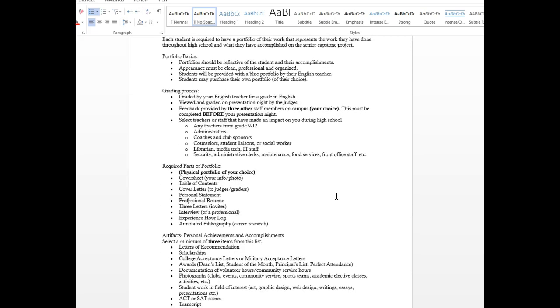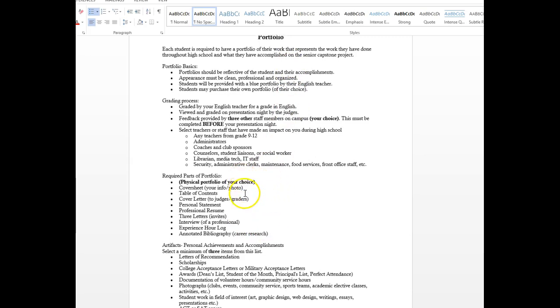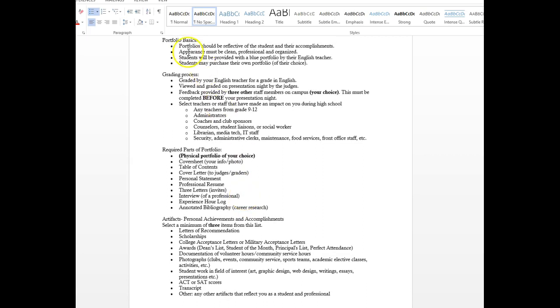So I'm going to scroll down to the section in the handbook that talks about your portfolio. This section really details everything that needs to be included in your portfolio. It talks about the basics, the grading process, and all of that. We're going to focus on these two parts here right now. The required parts of the portfolio as well as the artifact section, because that's what's going to be on your